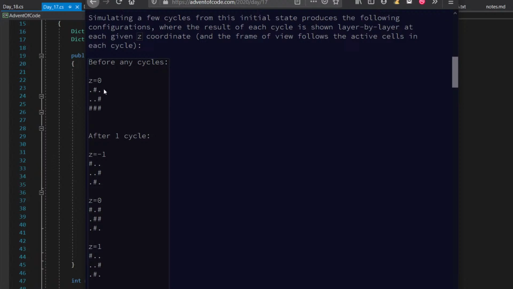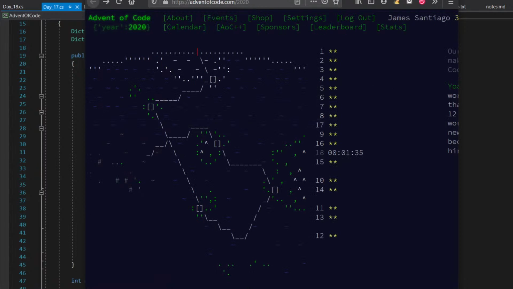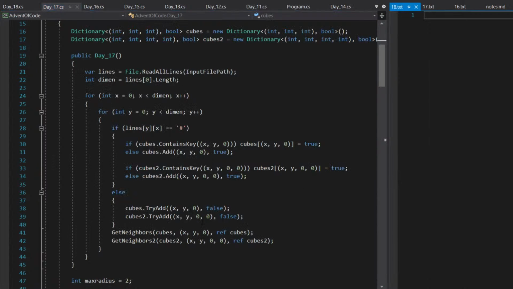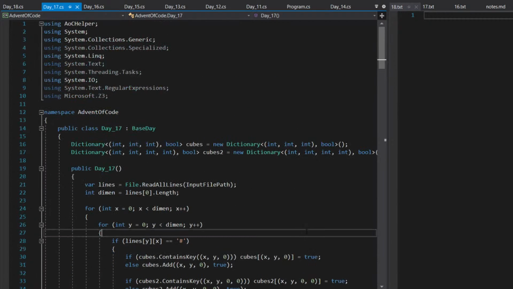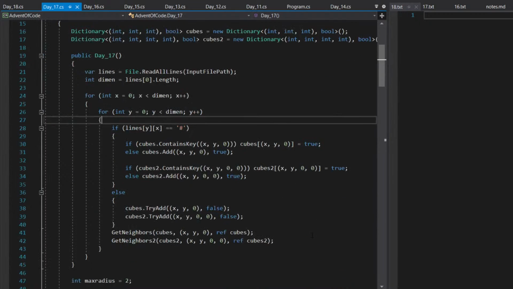I didn't check 0, 3, 0 or 3, 0, 0. So because of that, I ended up not making the proper changes. So pretty much I just needed this one line of code here to add in the additional neighbors. And once I figured that out, I was able to finish the first one,